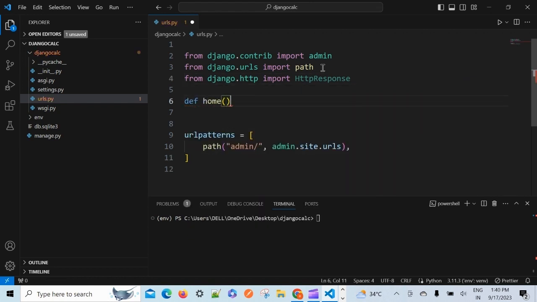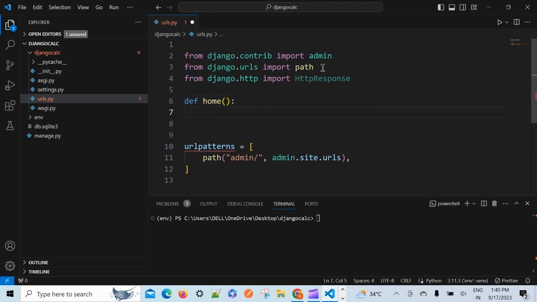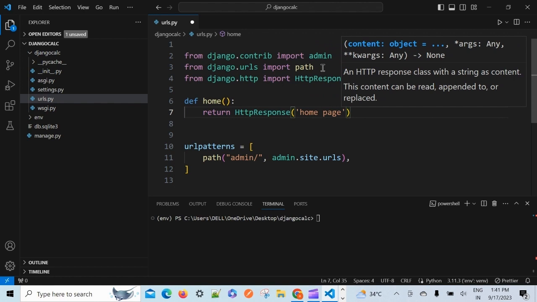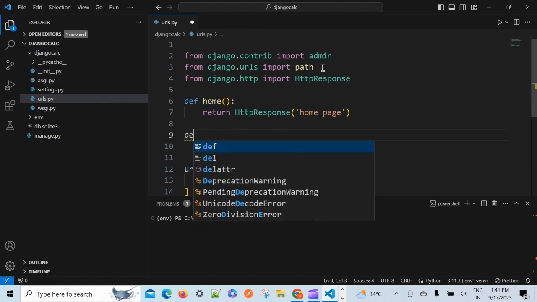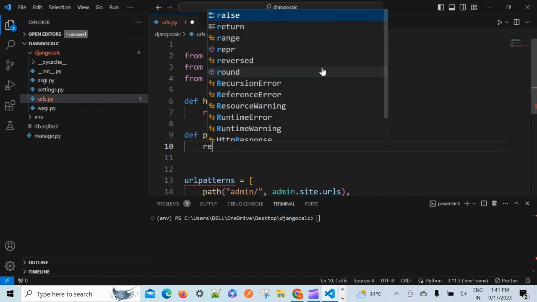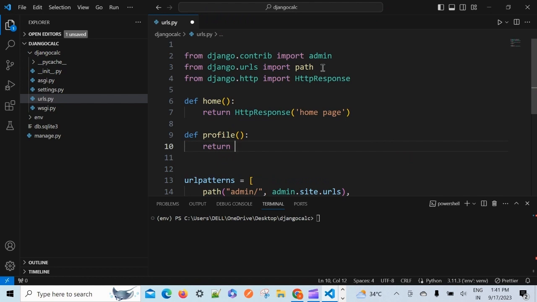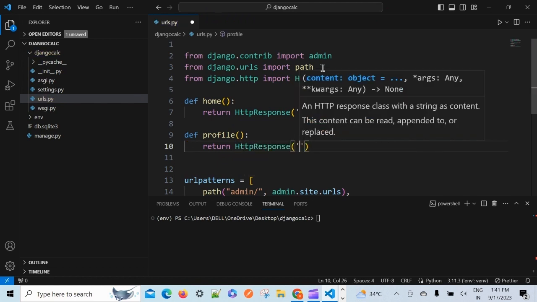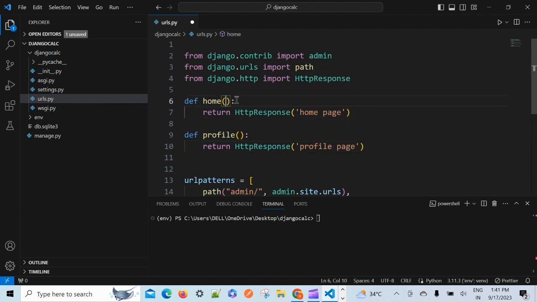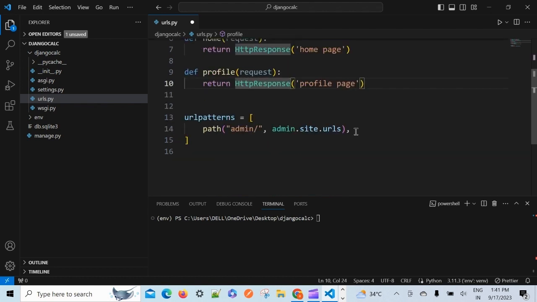Say let's define home, and from here return HttpResponse, home page, and also let's define something called profile, and return HttpResponse, profile page, and there are arguments. Let's say request here,